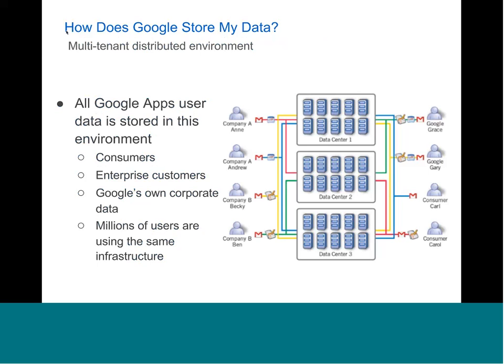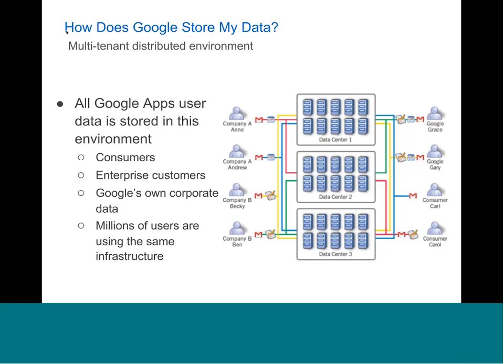We've done some research on that, and if you search for Google File System, you'll see some academic papers that we've published on it. Basically, it's an infrastructure that was designed initially to support the massive scalability requirements of our Google.com search index. It's grown over time and is capable of supporting all of the applications that sit on top of our infrastructure. All of the data is stored inside this Google file system, including our consumer users' data,